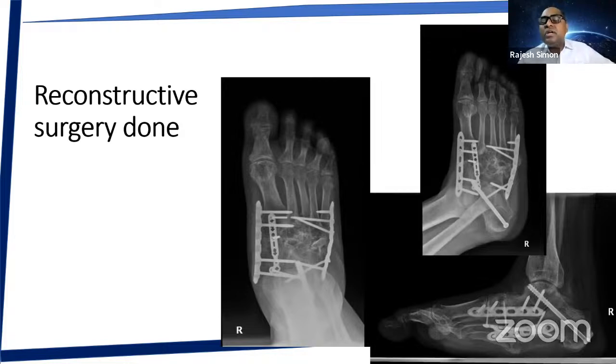So reconstructive surgery, we normally use 2.7. We just heard Pradeep's beautiful cases, 2.7 plates, 2.4 plates. But in Charcot, 2.7 may not work. You might have to put much thicker plates. And here you can see I put 3.5 plates and one plantar plate. You can use beam screws. Nowadays I've turned to beam screws with the plates combination to do the reconstruction.